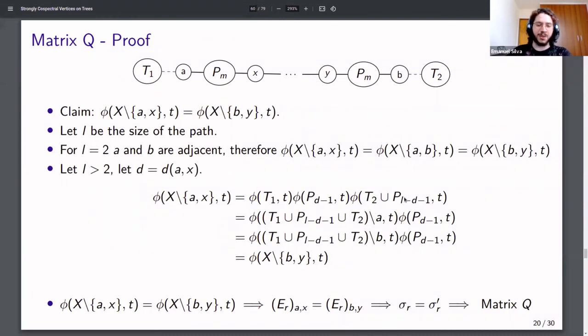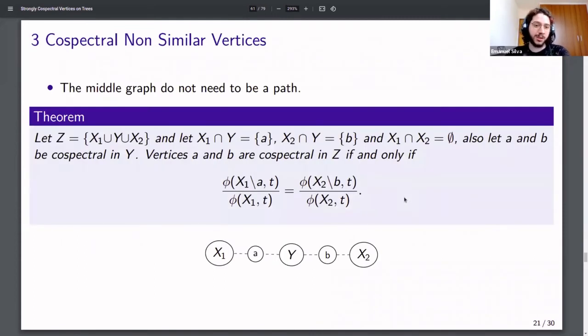And okay, now I close my big parenthesis, and let's turn back to constructing cospectral non-similar vertices. So one observation about the proof of this relation is that the middle graph does not need to be a path. So we were connecting A and B by a path, but actually, if A and B are connected to this middle graph and they are cospectral at this middle graph, that is Y union A union B, if A and B are cospectral at this graph, then after we add x1 to A and x2 to B,